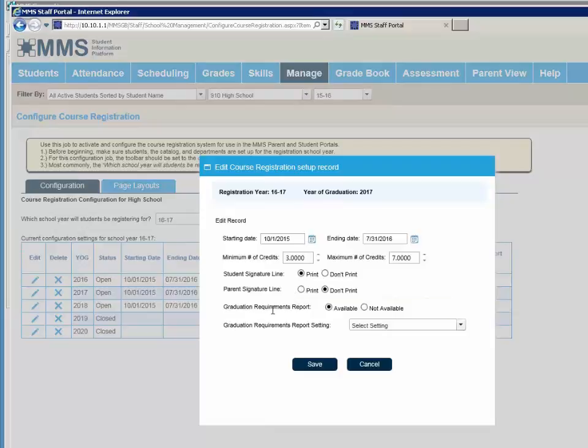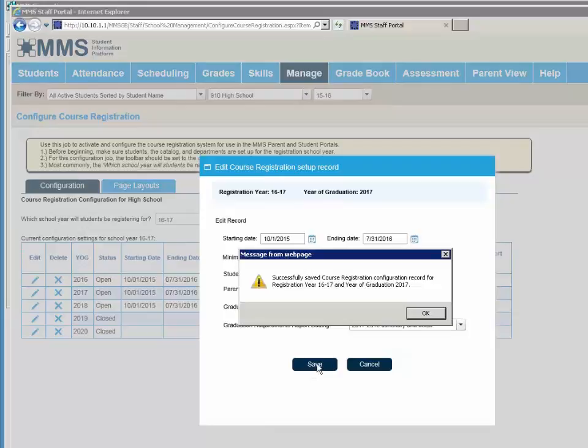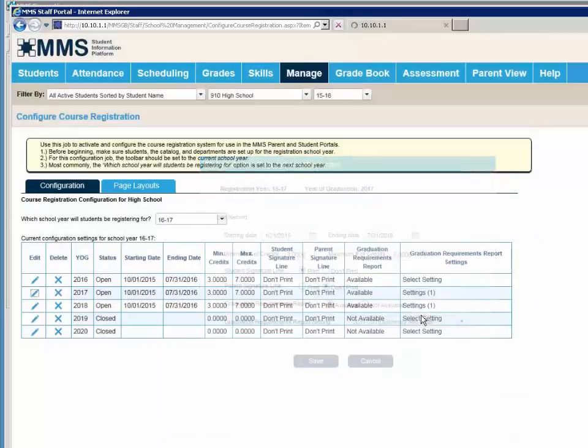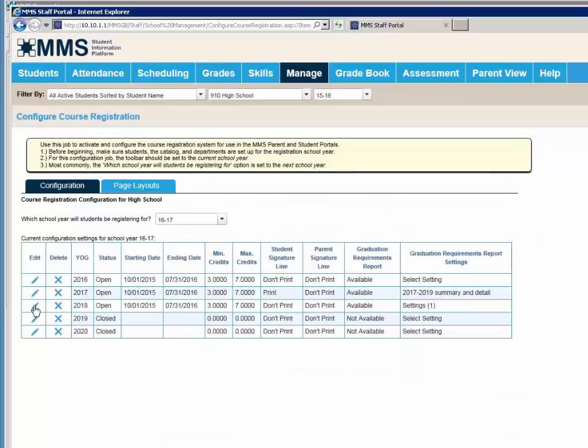You can say whether or not the graduation requirements report is available, and if so, which setting. And it's going to look at next year's settings, not this year. So that's something to remember. And that's why I set up the grad requirements report first, so that it was available when I came in here. So I saved that, and I just repeat that for each of my years,